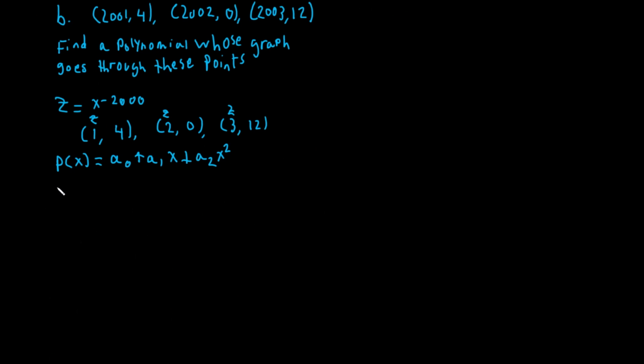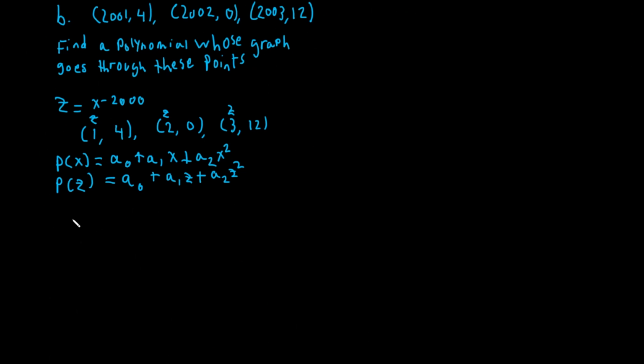So instead of p of x, we're going to have p of z, because that's now our independent variable with these points right here, is equal to a0 plus a1z plus a2z squared. So now we can go ahead and solve for a0, a1, and a2 using a system that we already had. You're welcome to pause the video and come up with the system yourself and solve the system, but since this is the exact same system that we used in the last problem, I'm just going to go ahead and write